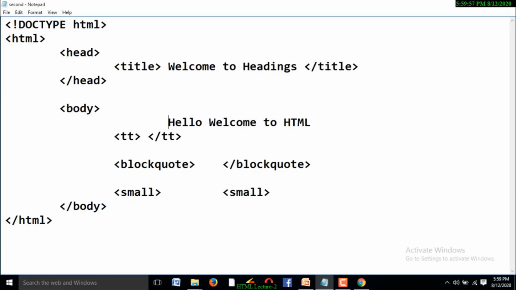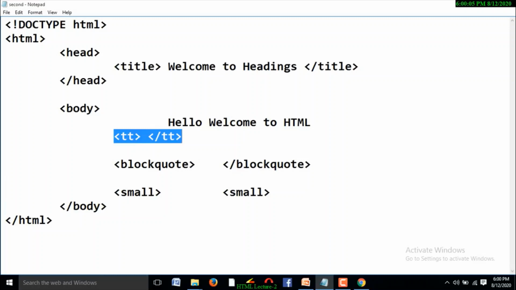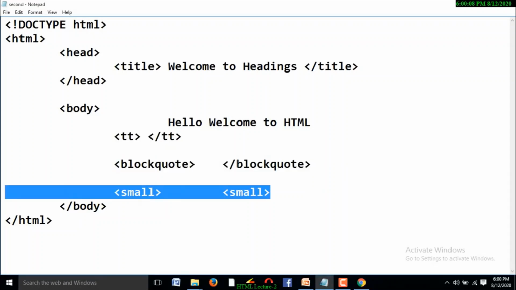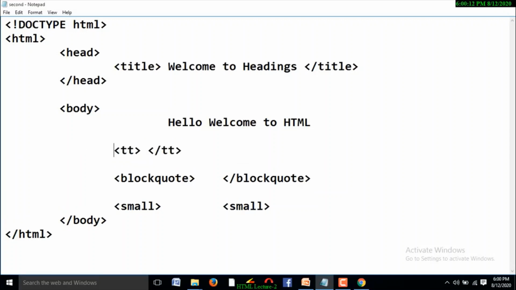I didn't mention anything within the teletype text, within the block quote, within the small. I am not performing anything by using these tags. Simply save it. I didn't apply.